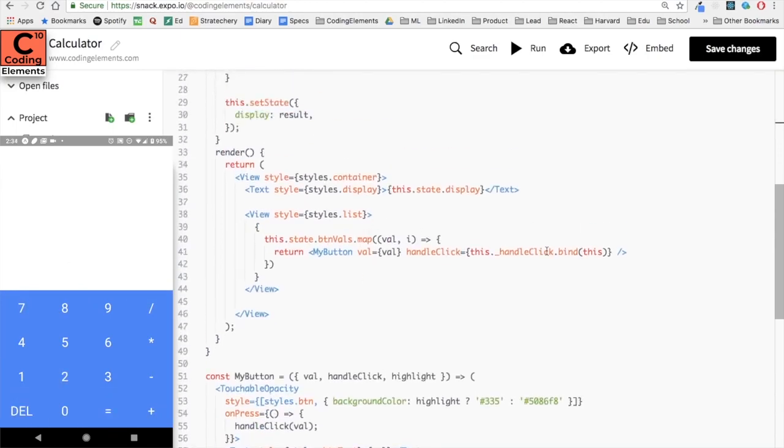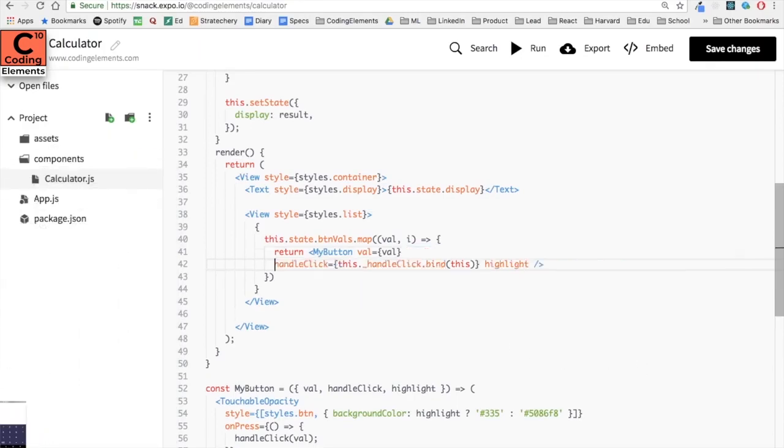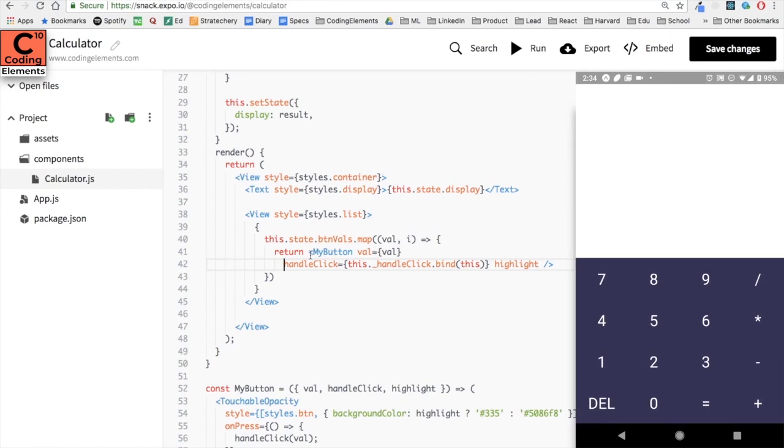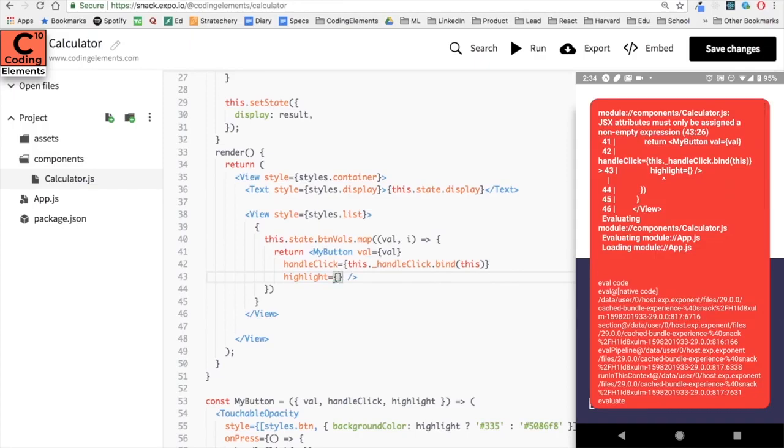Now here we have used a map in the calculator which maps the button vals into individual buttons. And if I make highlight equals true in the map button, then all the buttons will be highlighted. Since we can pass true or false in highlight, I need to pass true for only those buttons which we need to highlight and false for the rest.